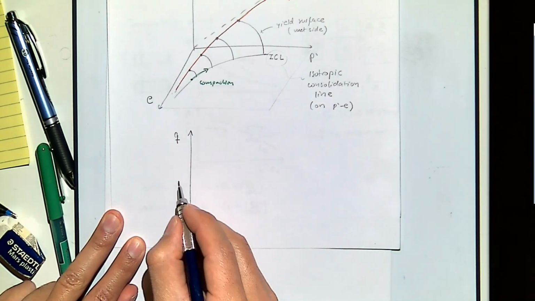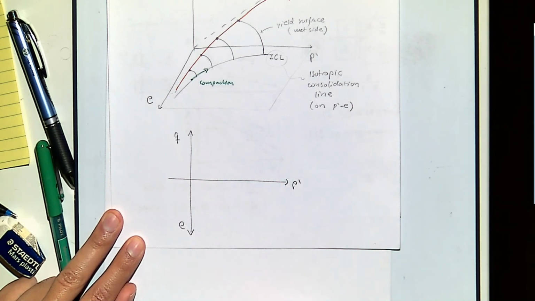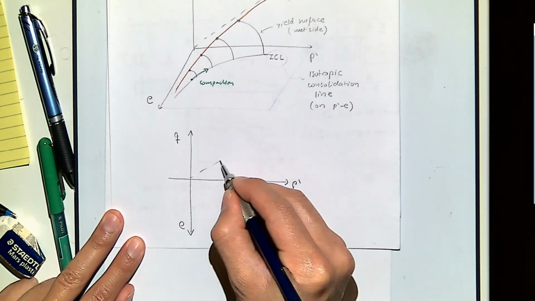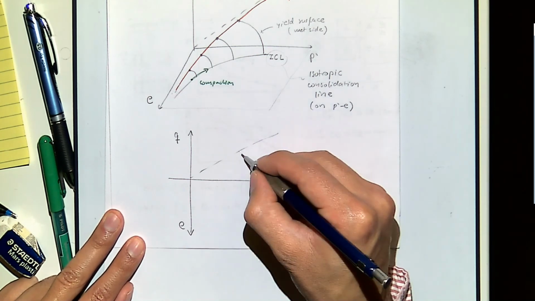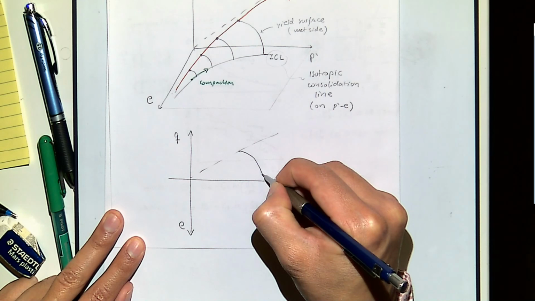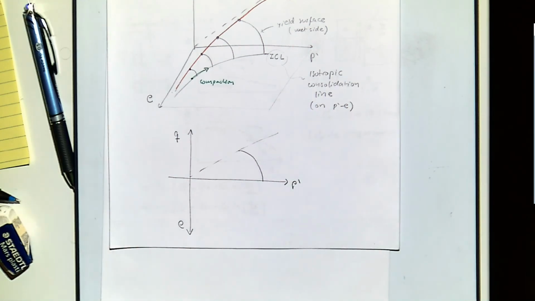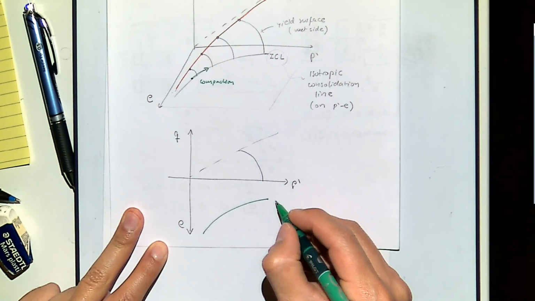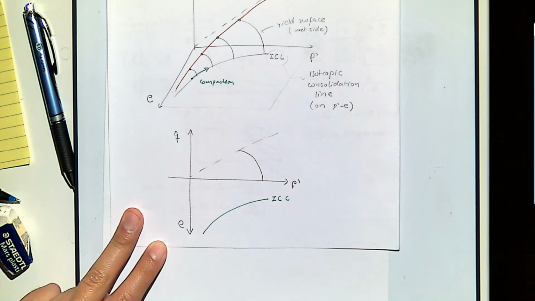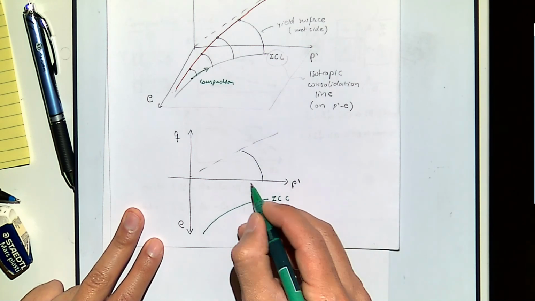This is Q, this is P prime, and this is void ratio. We have our critical strain line somewhere over here. We have our yield surface, let's say somewhere over there, and an isotropic consolidation line, let's say if it's this one, we can go through a process of compaction that goes,